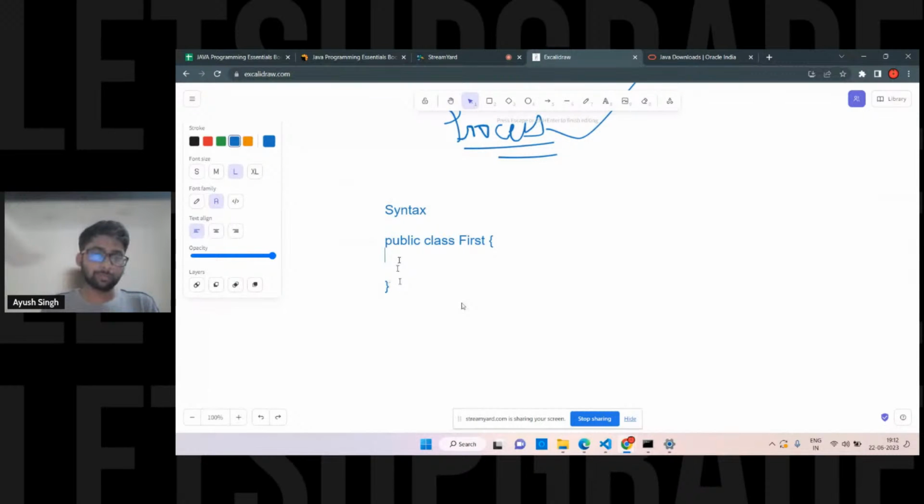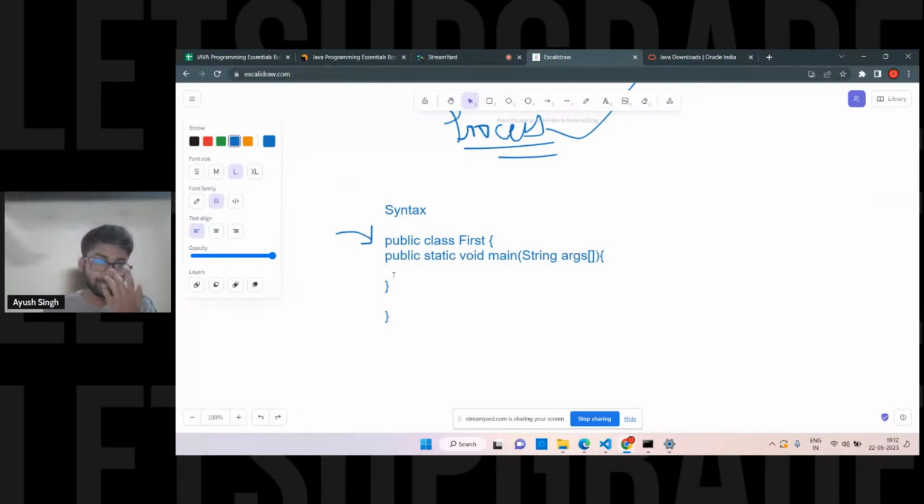You should have one public class. Inside it, we'll be using one like this. I'll tell you. So here you should have public static. I'll explain this part in the next class. Okay, right now it will take much time. So there is a public void main. Here you have simple String args. Args is the arguments. I'll tell you what these arguments are. Right now anything could be written in this block.